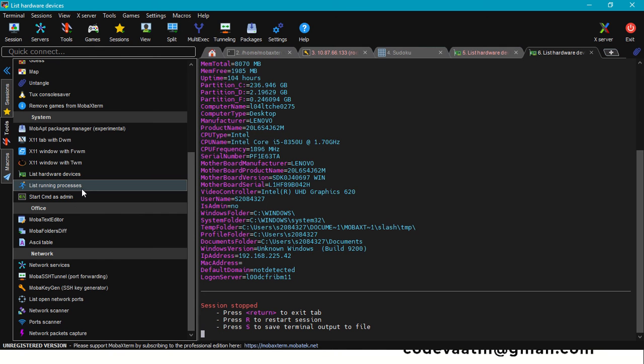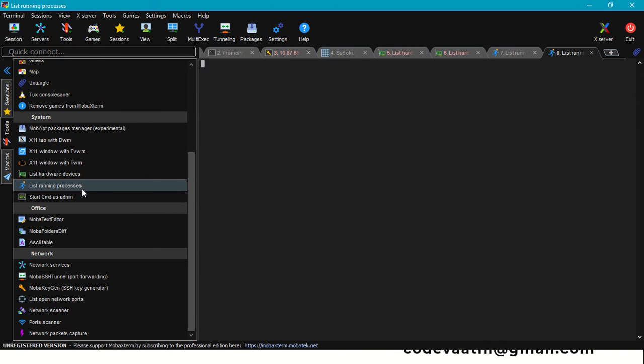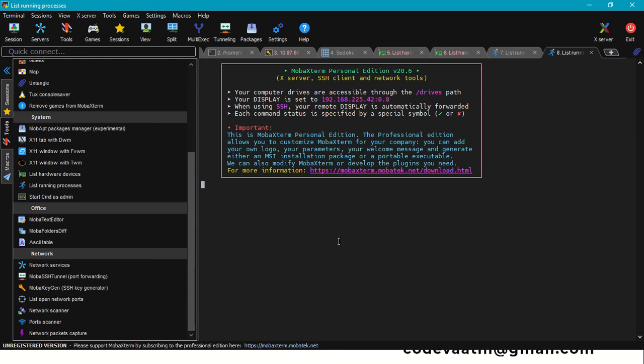If I need to check the running processes, this is basically my system processes, something like a task manager. I can see it with a single button click over here. I don't want to navigate into anything. I can directly start the command prompt as an admin user. My system has two users, a normal and an admin user, so this feature is very useful for me. Other than that, it has some normal office stuff.